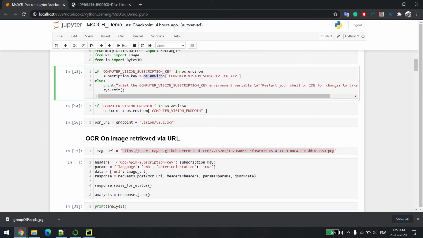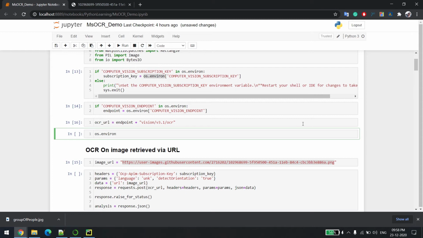For example, if you want to create a new variable, I'll just show you. Since I have already set mine, you will pretty much do the same. Let's say some key, and put some value.